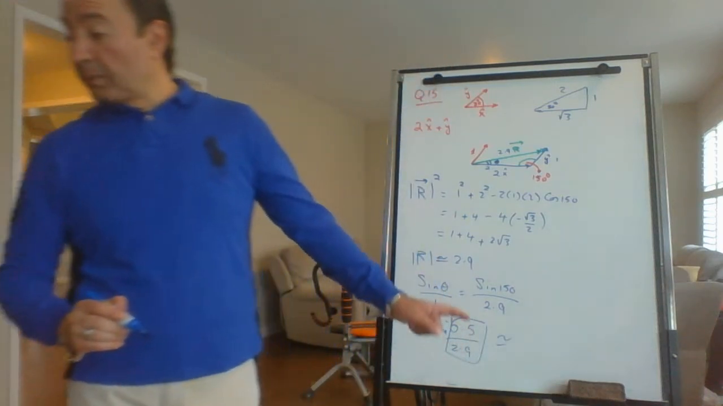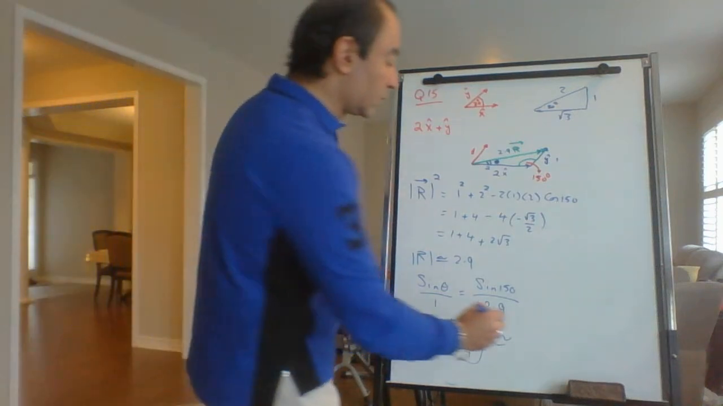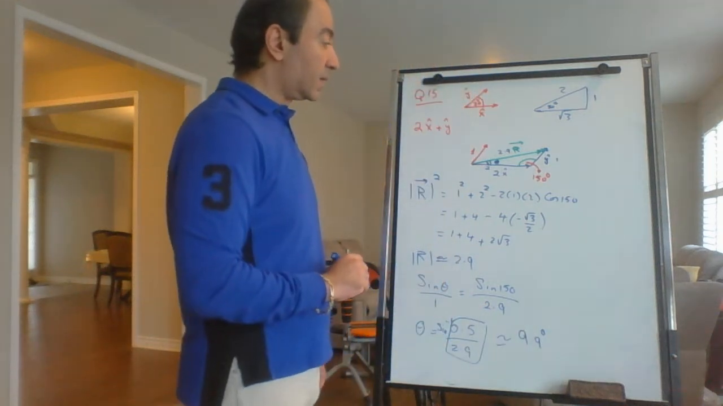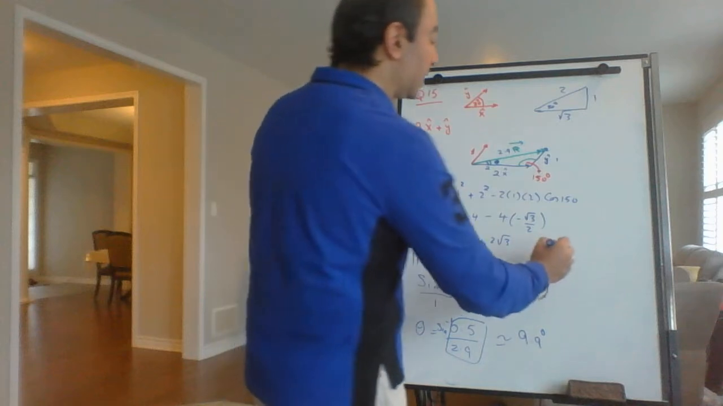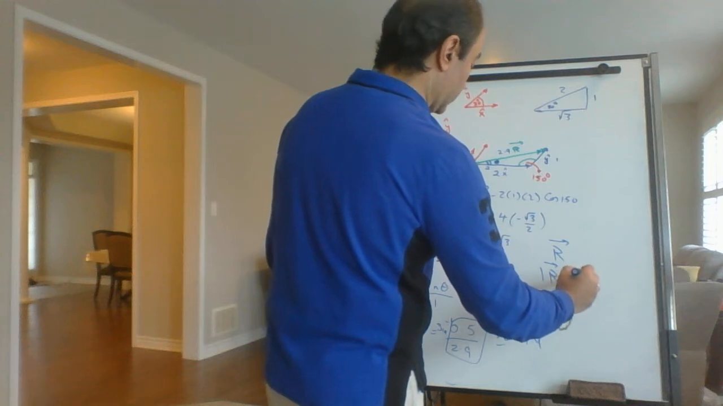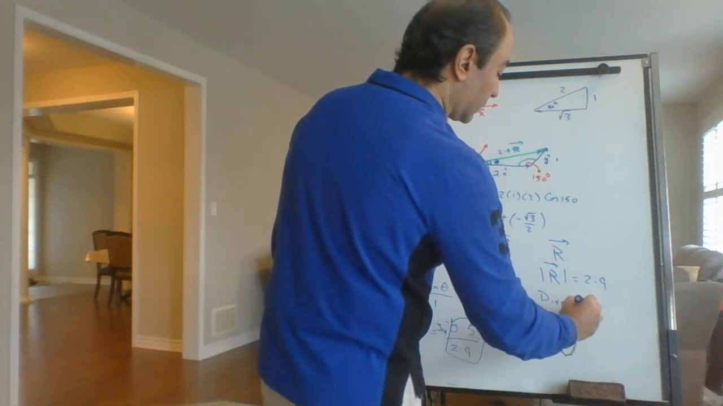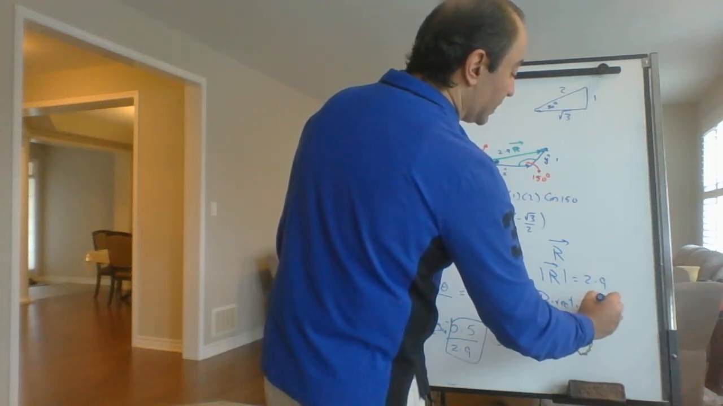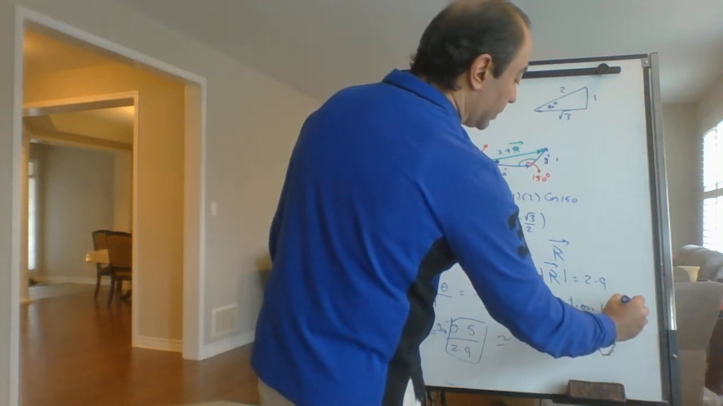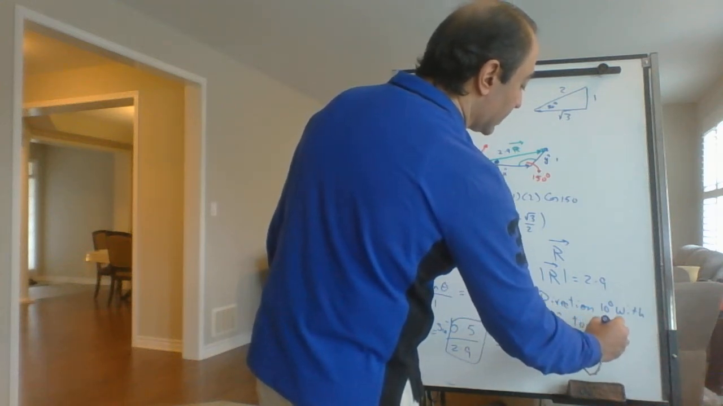And that will be, remember we said that the calculator has to be in degree mode. So this will be almost 9.9 degrees or 10 degrees. How can we express this? So we say vector r has a magnitude of 2.9, direction is 10 degrees or 9.9 degrees, with unit vector x